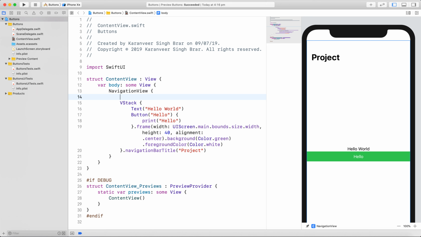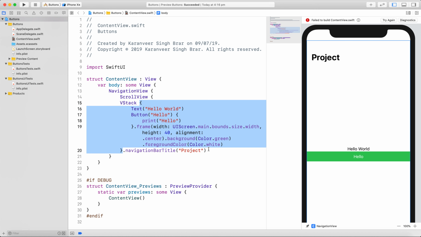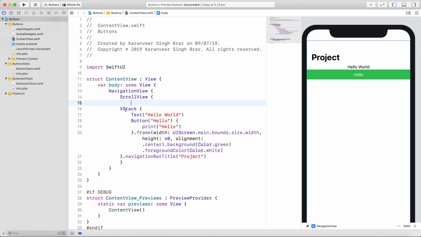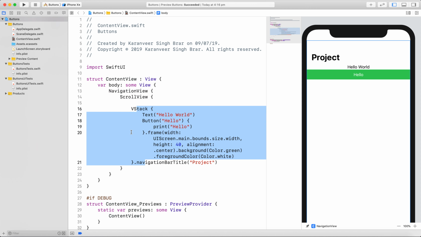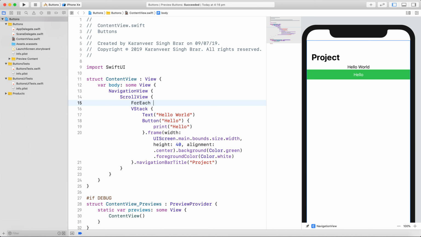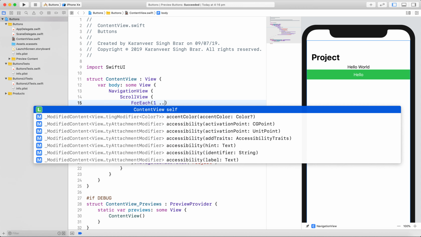But if I embed this in a scroll view, the entire vertical VStack, if I embed this in a scroll view, and then further if I loop this for 20 times, let's say 20,